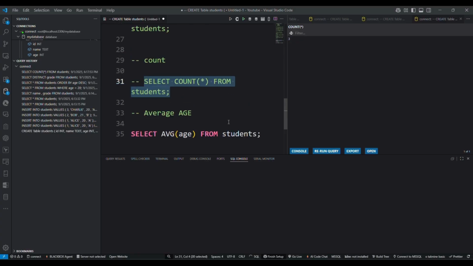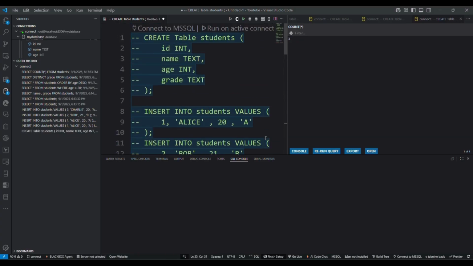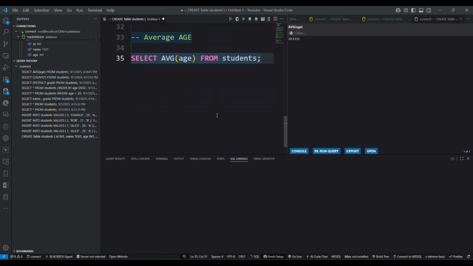We can see the result here. Now next is maximum and minimum.